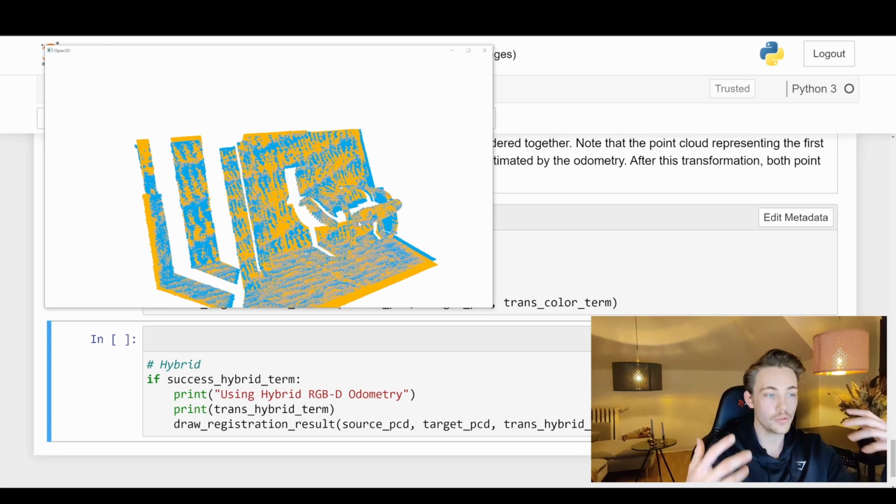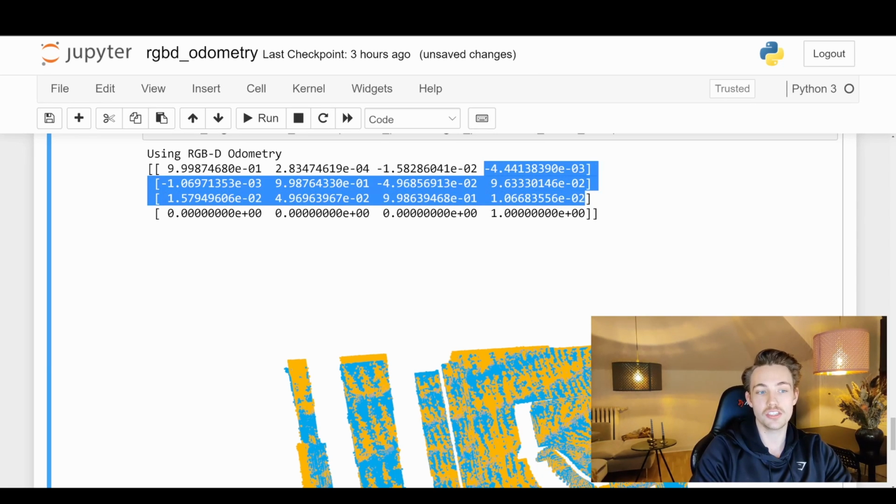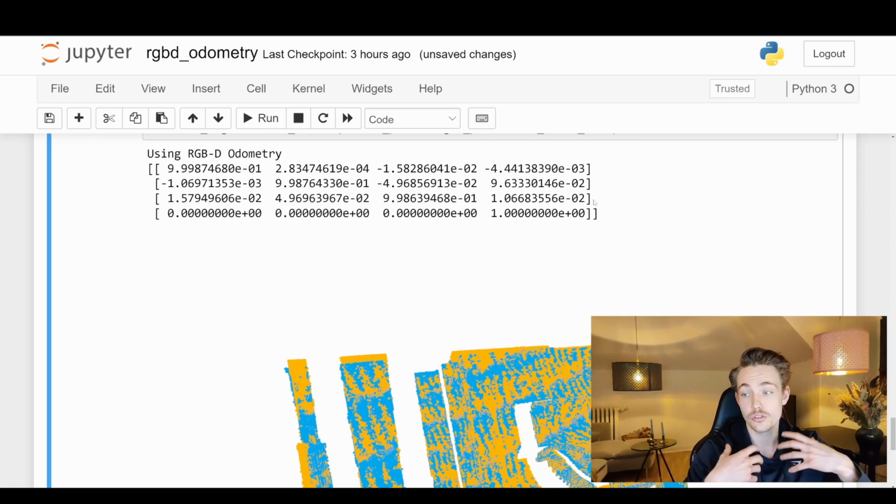Again, we can just keep on doing the same approach here. I'm just going to show you the transformation matrix here as well. So we have the rotation matrix in the first 3x3 of the transformation matrix, and then the last column will be the translation between the 2 point clouds, or the 2 RGBD images that we got